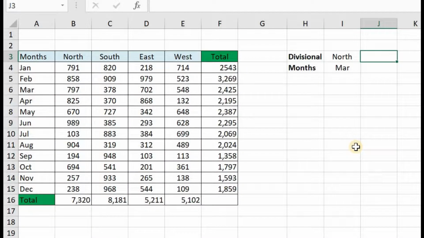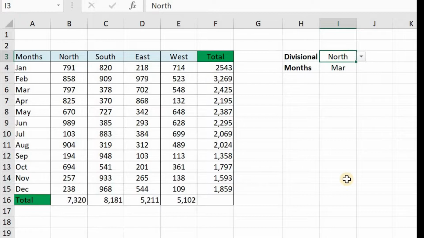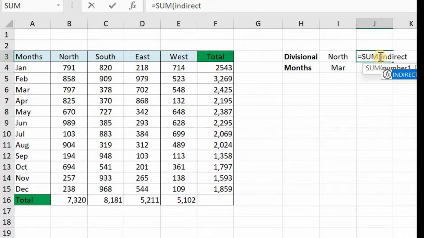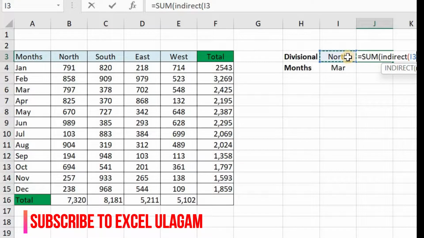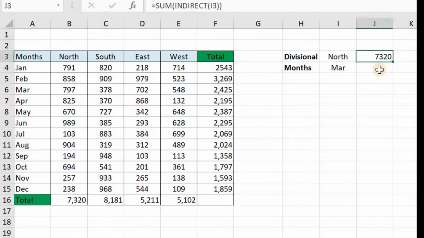In today's video we'll see how to get the total of this particular division using the INDIRECT formula. For that we'll give first SUM, open bracket, and INDIRECT, and select this particular division, close the bracket, enter. Now you can see the total of this north column, 7320, has come here without any other formula like VLOOKUP